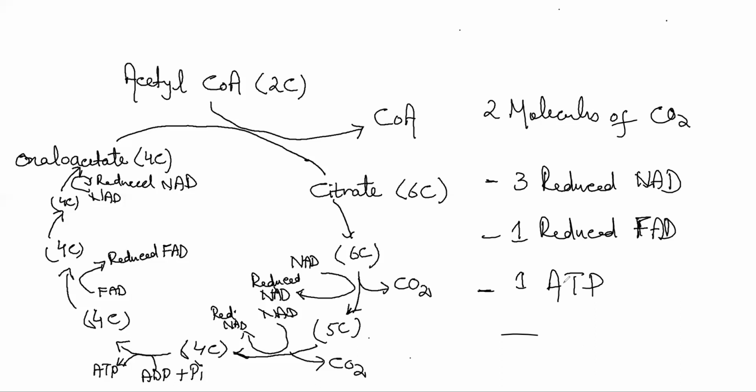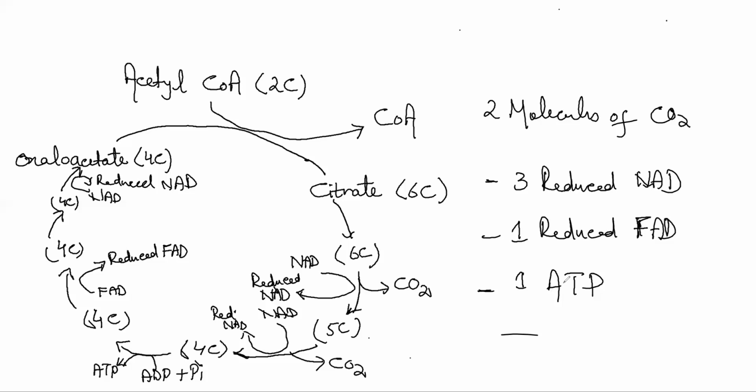Obviously, we know that two pyruvate molecules were produced in glycolysis, which entered two separate link reactions, right? So at the end of the two link reactions, how many acetyl coenzyme A molecules were produced? There were two molecules of acetyl coenzyme A, and just like in the link reaction, each acetyl coenzyme A molecule entered a separate Krebs cycle. So the other one also entered another Krebs cycle at the same time.